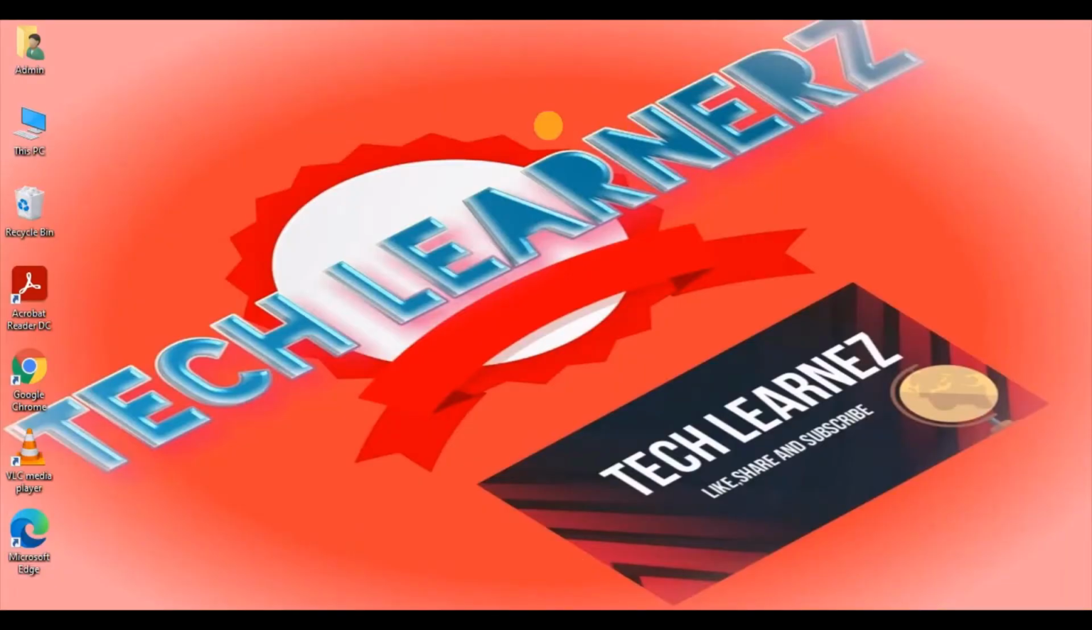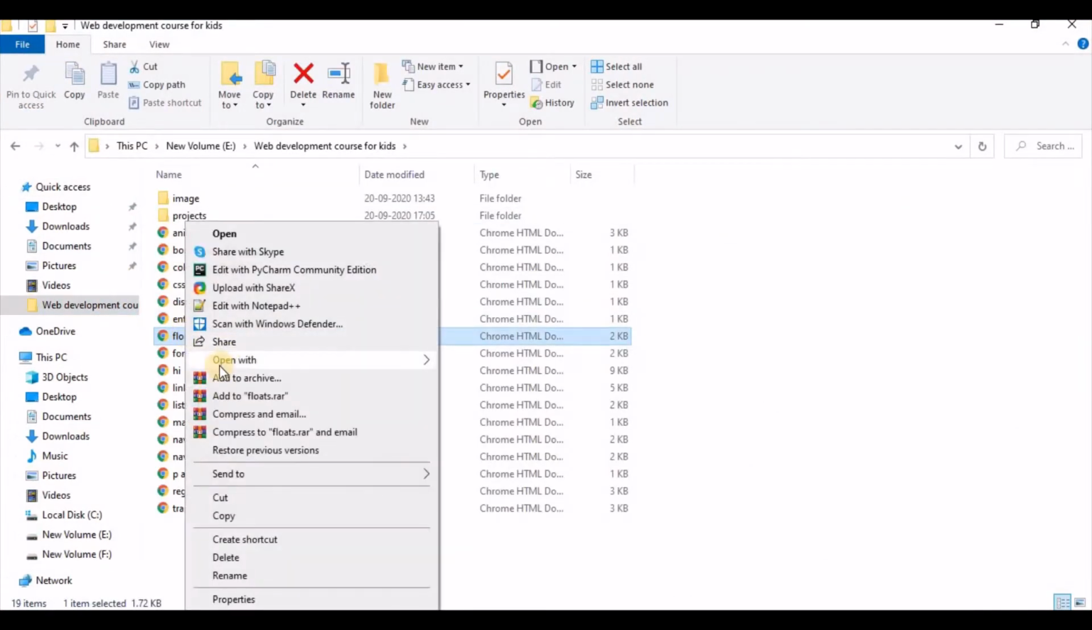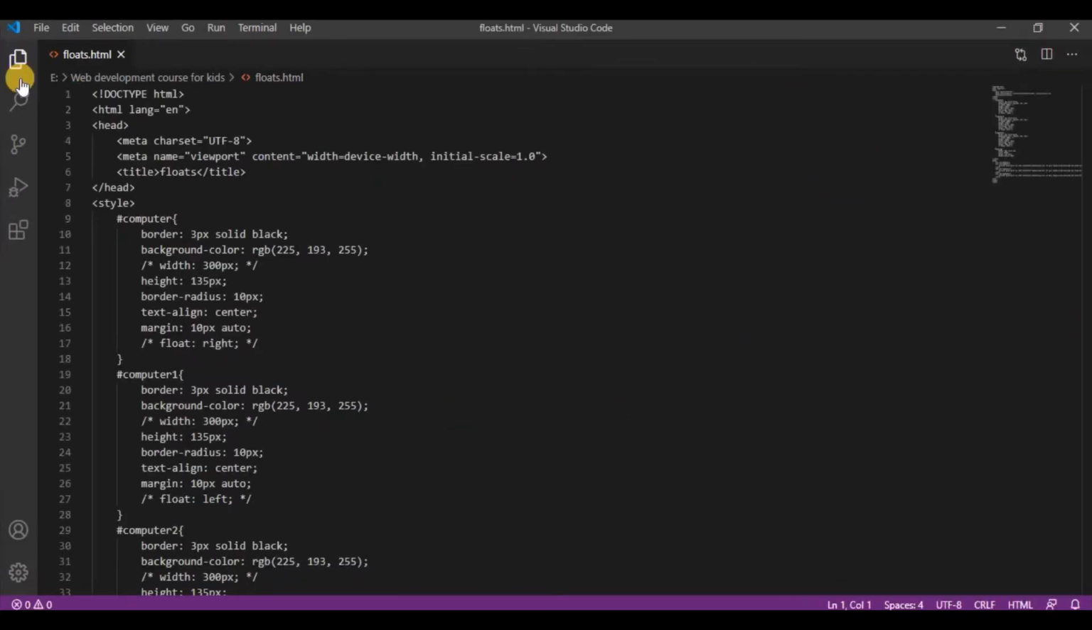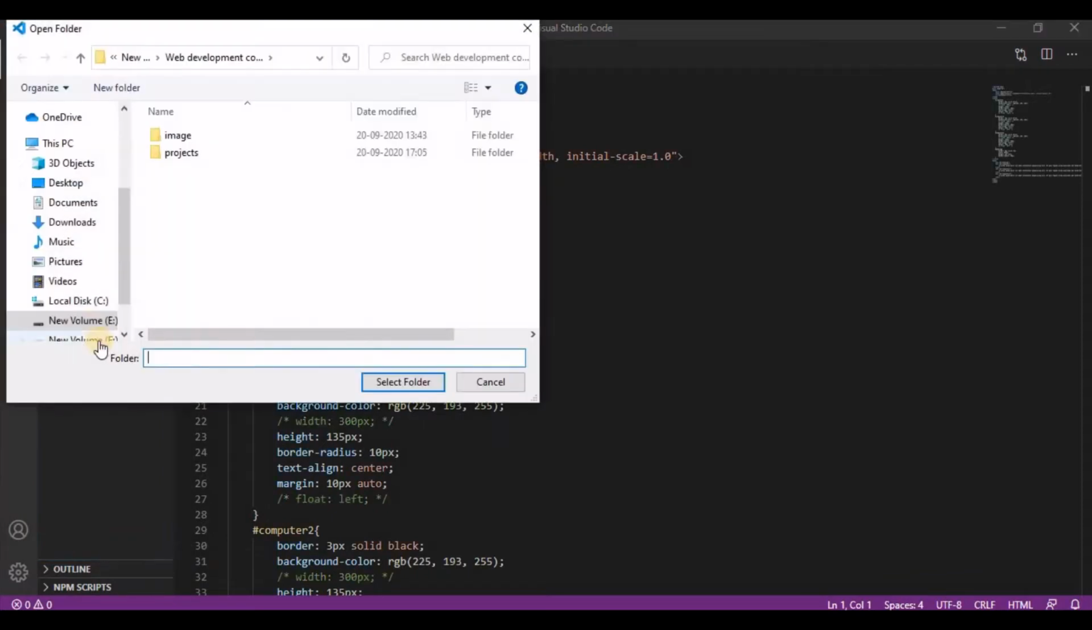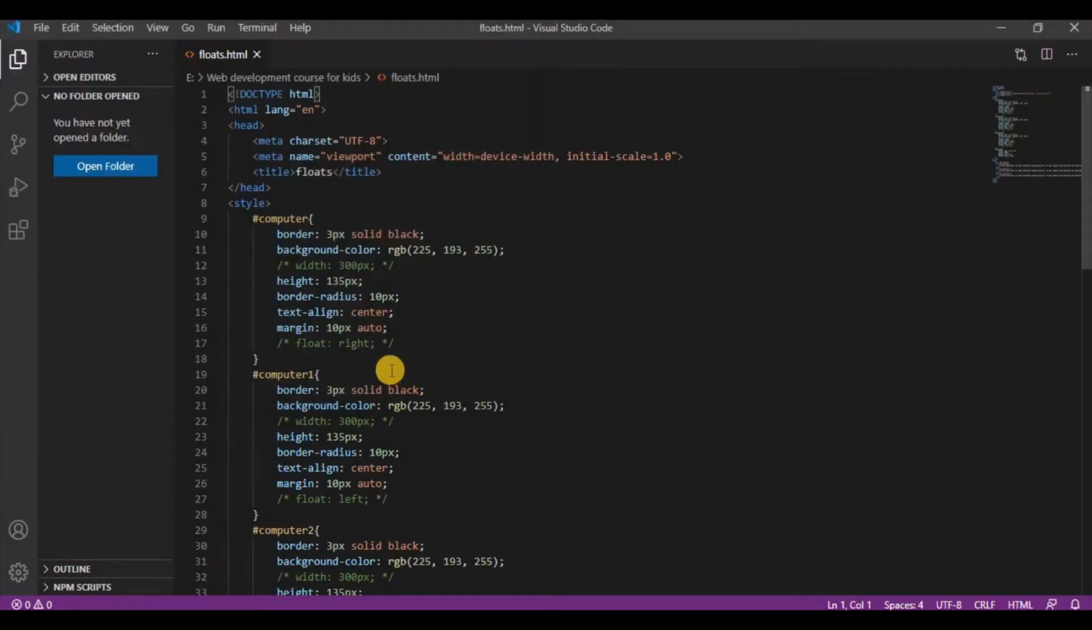So let us start our videos. I'll open my Visual Studio Code, and it has been opened, as you can see here. So I select the folder I want, that is the Web Development Course for Kids folder,